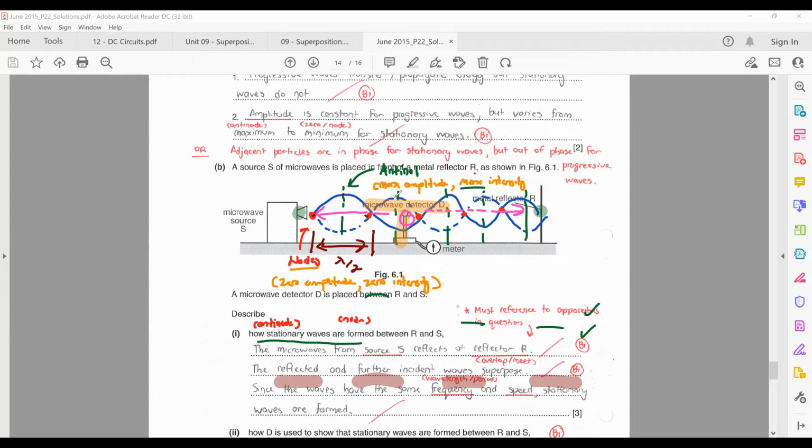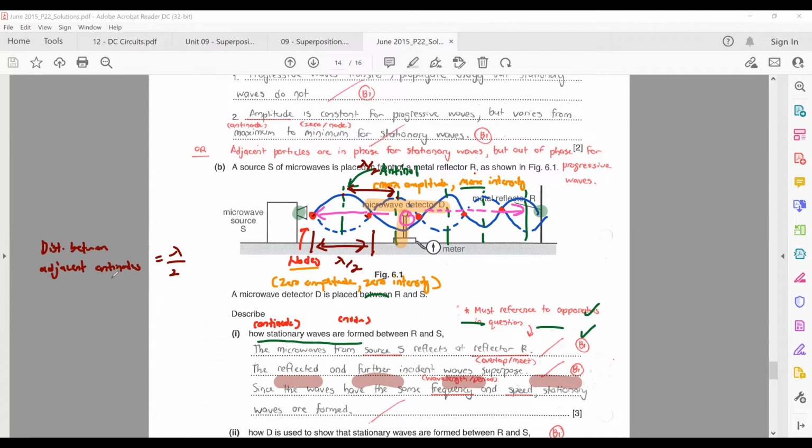Or between antinode and antinode, this is also half a wavelength. Okay. So if you know that distance between adjacent antinodes now, say for example, is equals to half a wavelength,